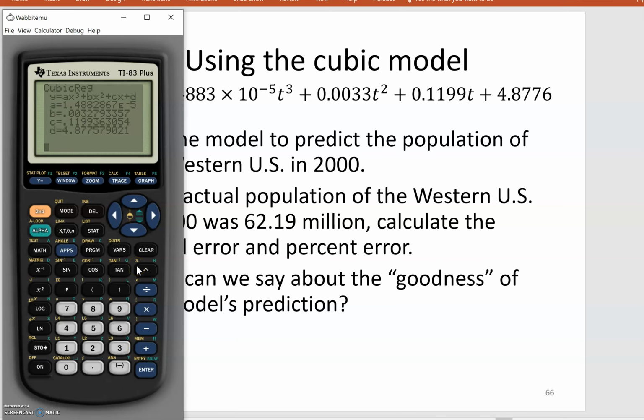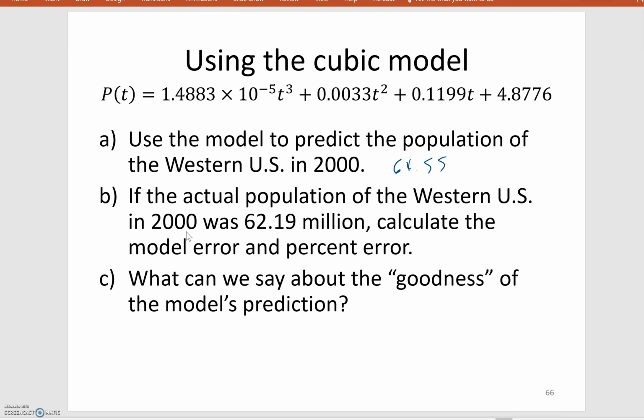Okay, and then I want to calculate the population in 2000. So that's going to be 2000 minus 1900, so that's 100. So it's 64.54 or 55